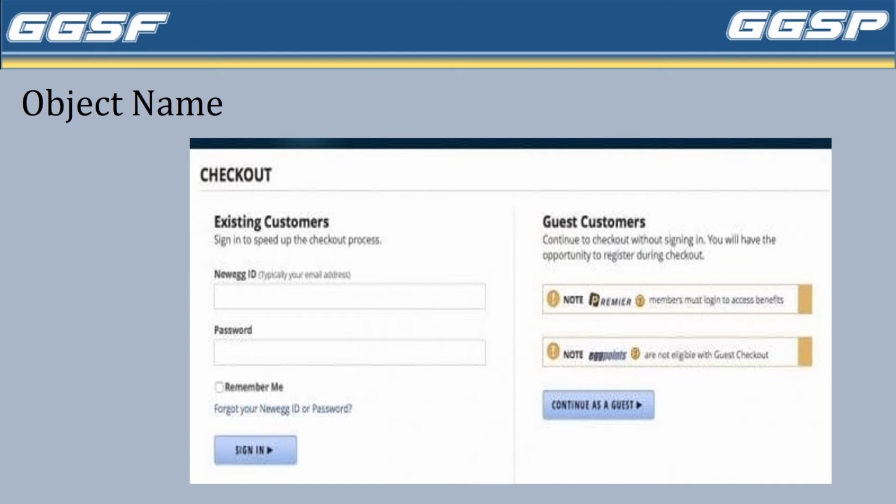For example, the figure is showing two forms of the same kind having various fields, buttons, text boxes, text, everything, and the two forms are named form 1 and form 2. Alternately, we can assign a name to a form, that is existing customer form and guest customer form, so that you can identify it easily.